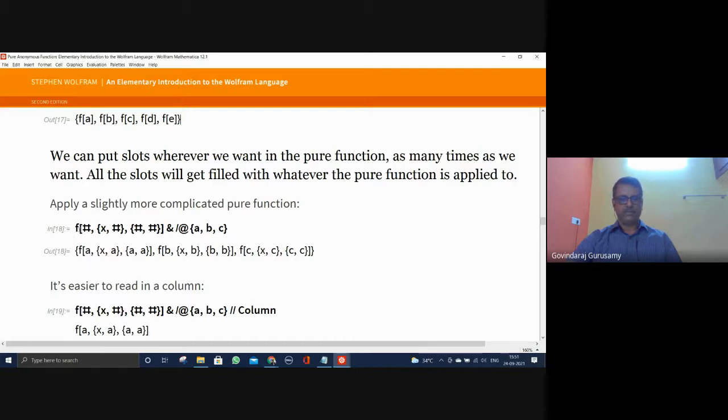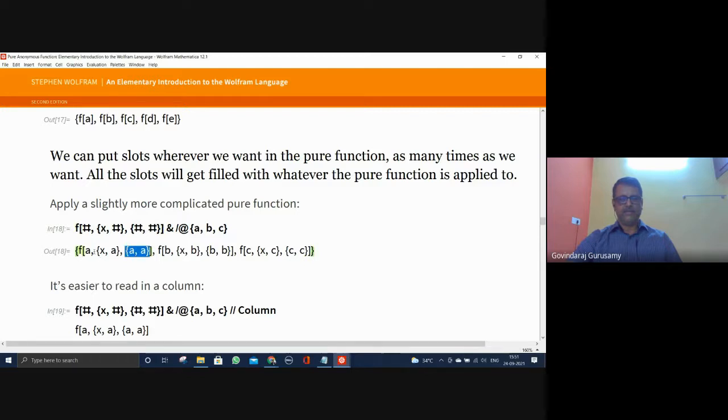So now f of hash, and within that there is a list, f of x comma hash. Then you have a double hash here on A-B mapping. See, f of A, and I'm adding this hash, f of x, a, and double hash means A will be sitting here.